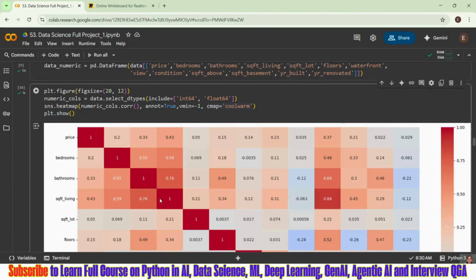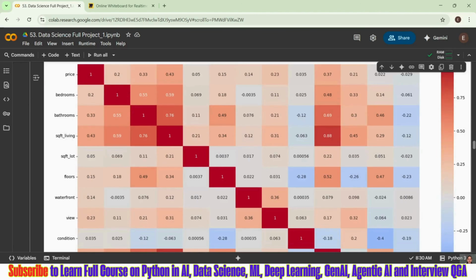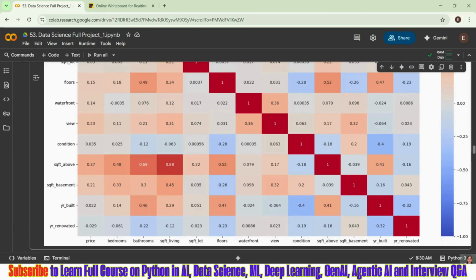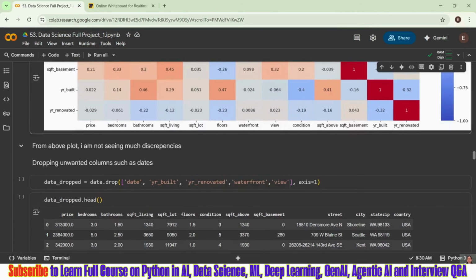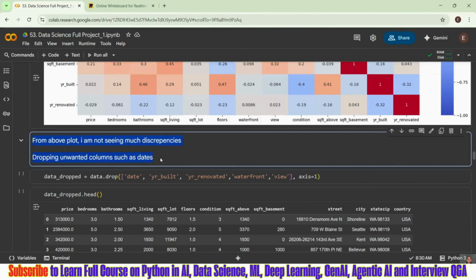We saw bathrooms, the number of bathrooms, square feet living, square feet above, square feet basement. All of these are directly correlating with your data set. From the above plot, we understood there are not many issues, so we can directly take them and proceed.